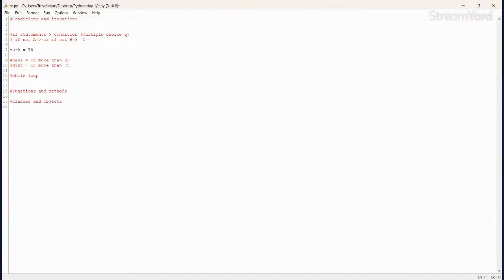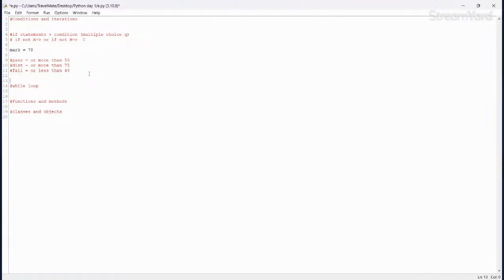And a fail would be anything that is less than 49. Actually, it should be equal to or less than 49. So logically, this makes sense. Anything from 0 to 49 is a fail. Anything from 50 to 74 is a pass. And anything from 75 to 100 is a distinction.